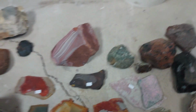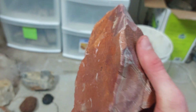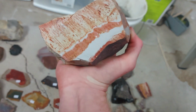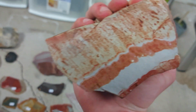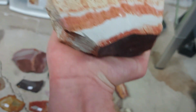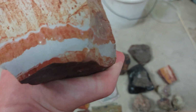But I got a whole bunch of stuff. I got some cool banded rhyolite, classic wonderstone as some people call it. It's just a banded rhyolite, a nice huge chunk of it. Another type of rhyolite, I'm unsure. Even the shop owner was unsure, and he's like this older gentleman. Very cool. If any of you guys are in Southern Ontario and want to check it out, it's called